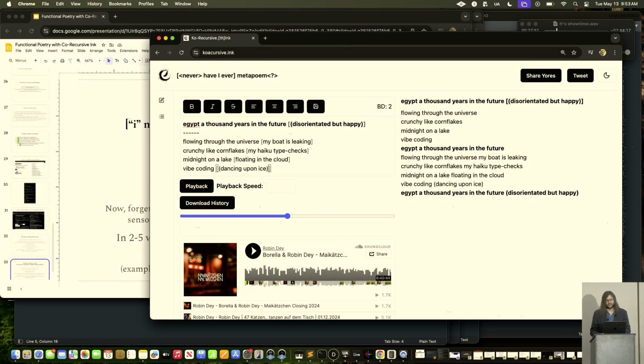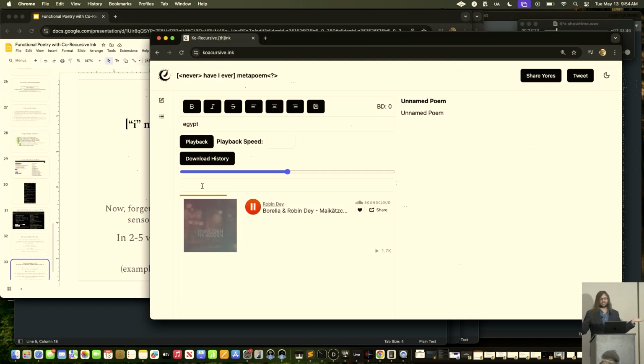All right, so we have flowing through the universe, crunchy like cornflakes, midnight on a lake, vibe coding, Egypt, 1,000 years in the future. Flowing through the universe, my boat is leaking. Crunchy like cornflakes, my haiku type checks. Midnight on a lake, floating in the cloud, vibe coding. Dancing upon ice. Egypt, 1,000 years in the future, disorientated but happy. All right, thank you guys so much. That was so fun. And what you'll notice here is if we hit playback, we can actually watch it being